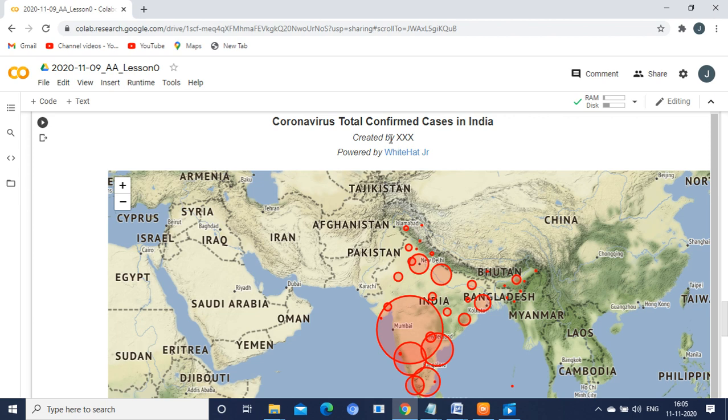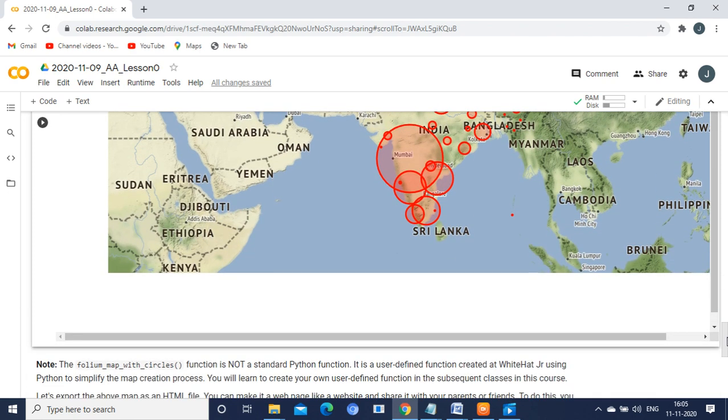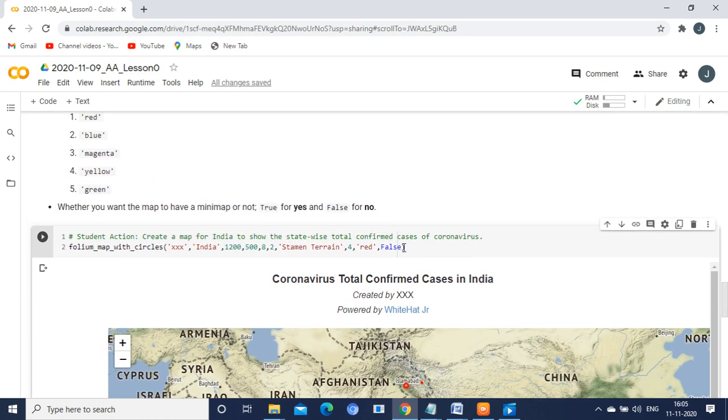You can see the map is obtained. The name that has been given by the interviewer will appear here, and the map with dots inside the country. Clear? See why we are having such big circles inside our country? In May, June, July and all, we had fewer cases, but now it has increased. So we are having this much circle. And since we gave the value as false, no minimap has been displayed here. Now, you can give true as a value and see what will happen.